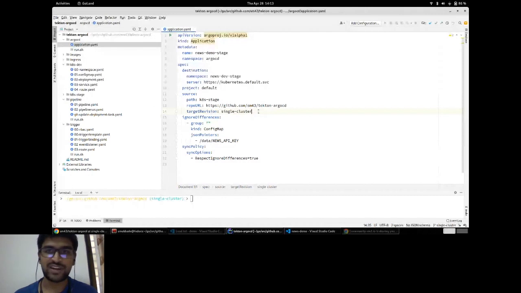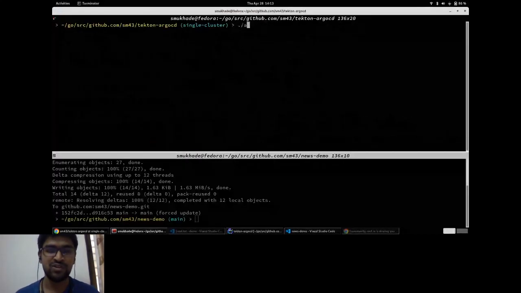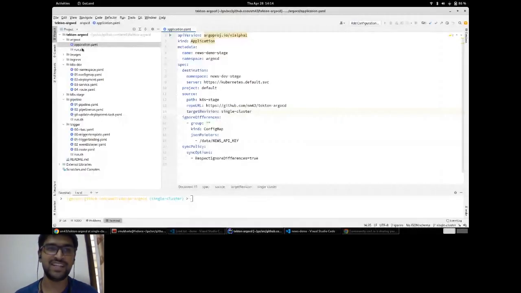Okay, so I will show you the repo. In this repo, there is a kcd stage, which is nothing but a staging configuration, and the dev is nothing but what we use for the other instance. So if I go to the cluster, if I do Argo, so this script will create the,